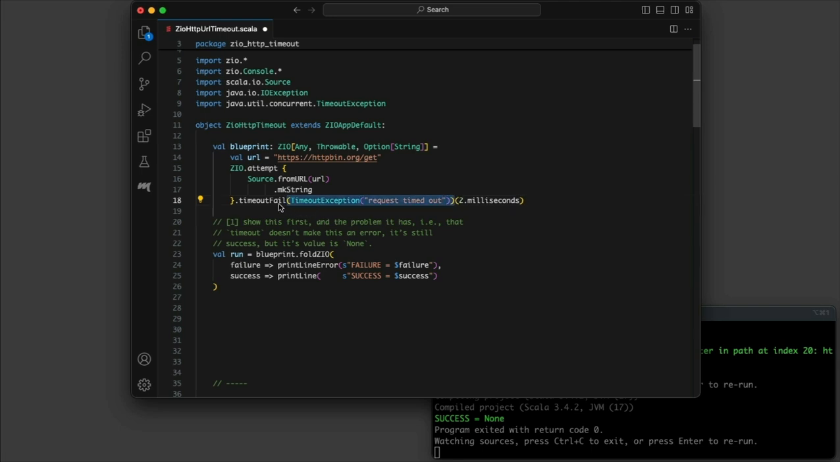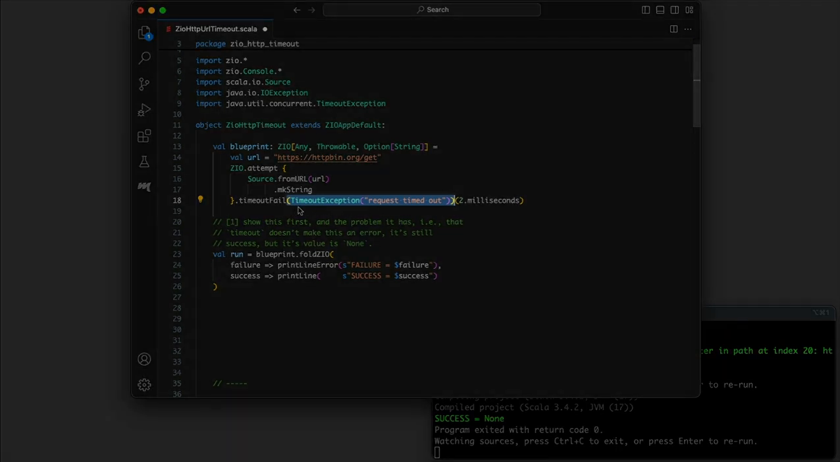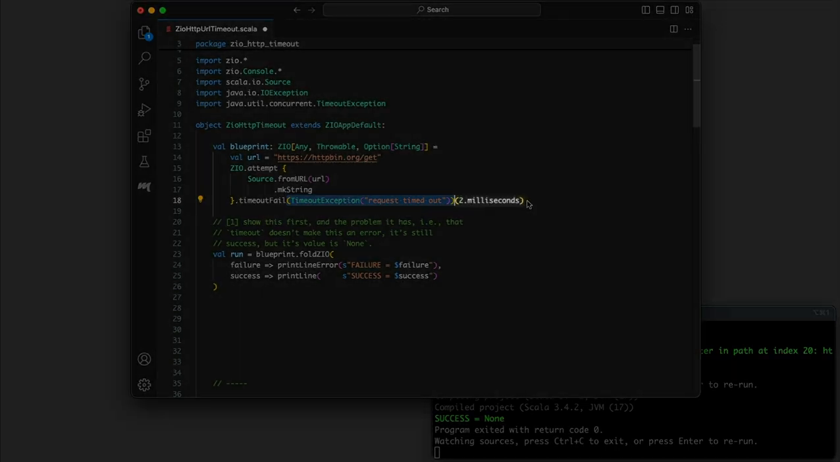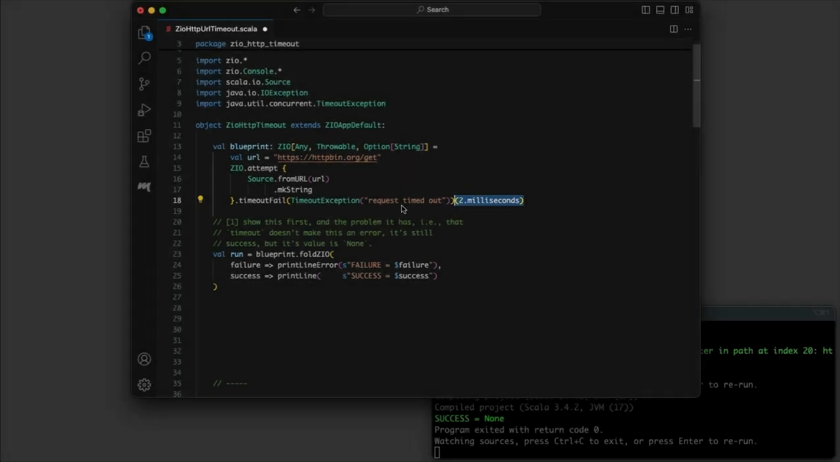So you can see here how timeout fail works. It has these two parameter groups. The first parameter group is the exception that you want to throw. So again, I'm throwing a timeout exception. The second parameter group comes from here over to here, and this is that timeout value that I want to get. This could normally be in seconds, but I'm using milliseconds here just to make sure that I do generate